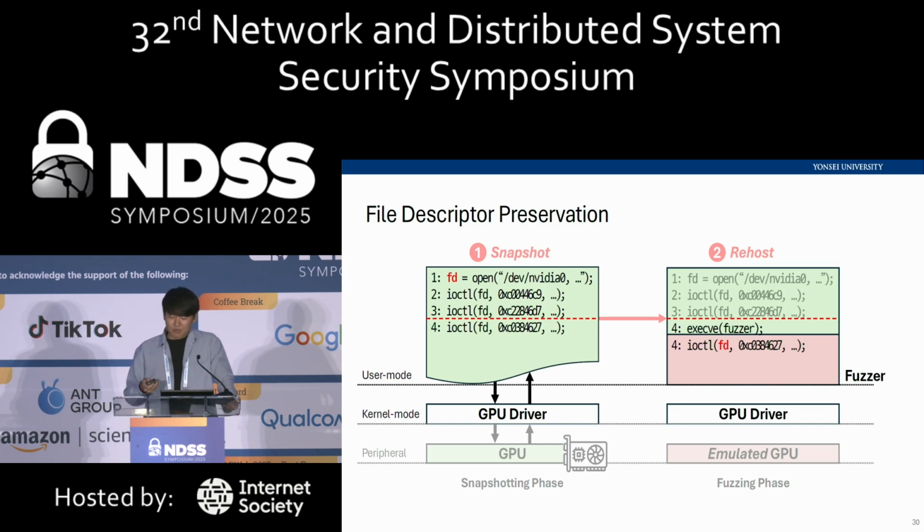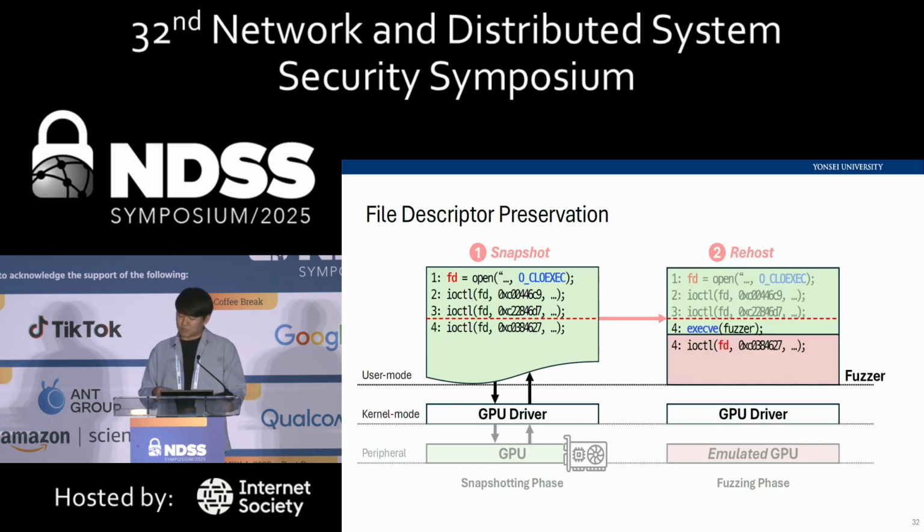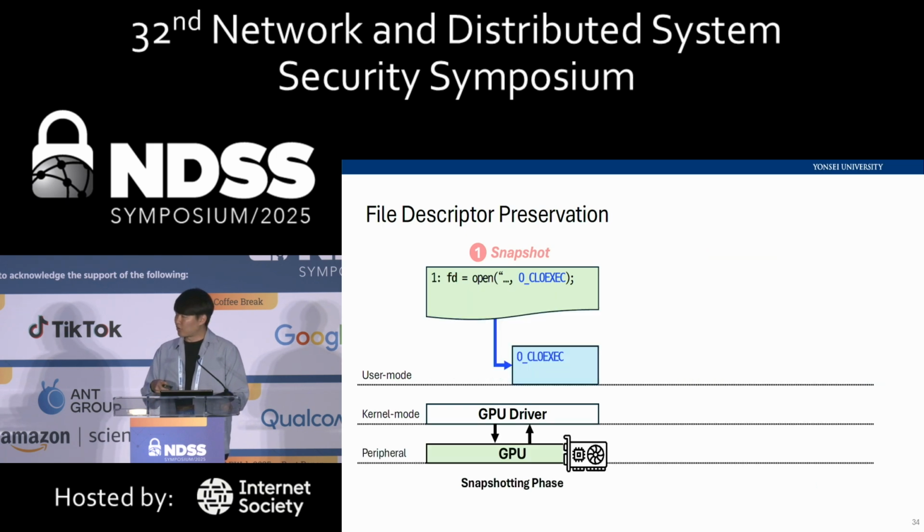So, another thing that was important was to preserve the device file descriptors in the GPU process. We observed that most device files in workloads were opened with close-on-exec flags. And this means that if we just proceed with the Ex-Vivo fuzzer implementation, naturally we will lose all of these active device file descriptors. So during the snapshotting phase, when executing the workload, the Moneta agent also intercepts all device file